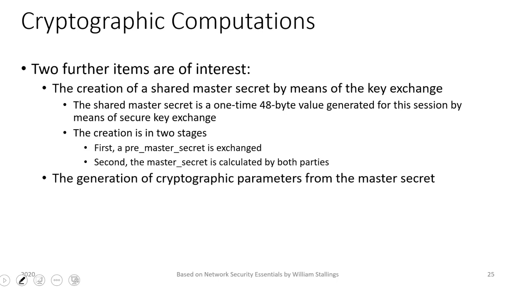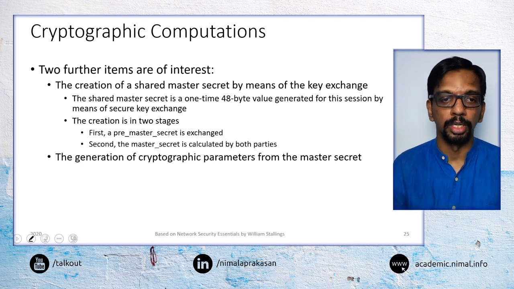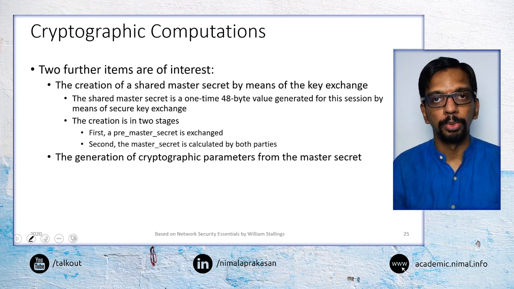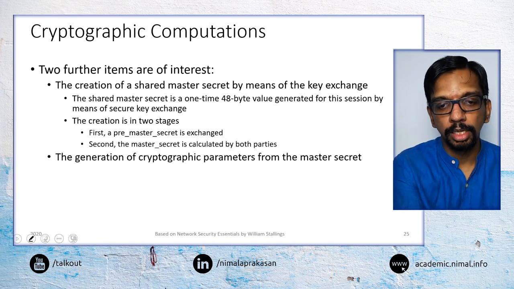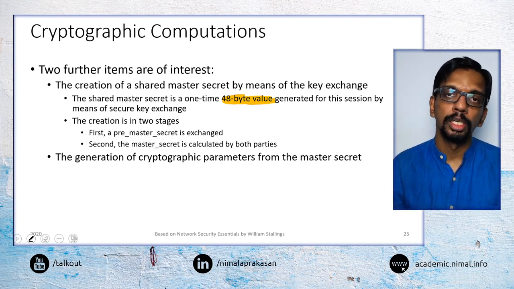One of the main things that happens when we are establishing a secure TLS communication is the computation of cryptographic parameters. The main secret that will be computed is what is called the master secret or the shared master secret, which is a 48-byte value that is generated for each session. So for each session with a secure key exchange, we create what is called a shared